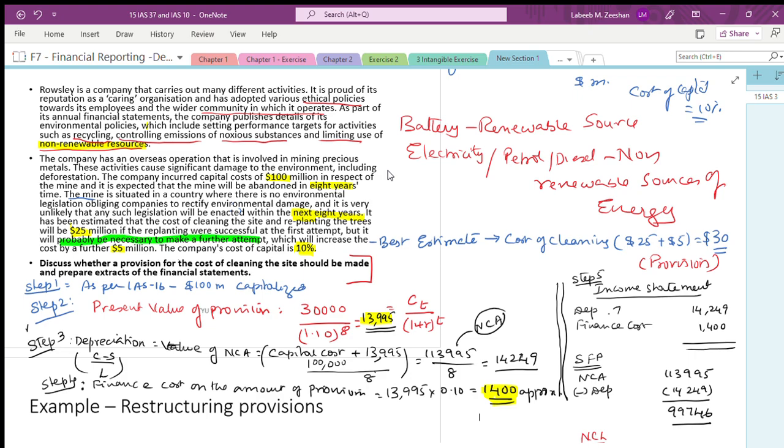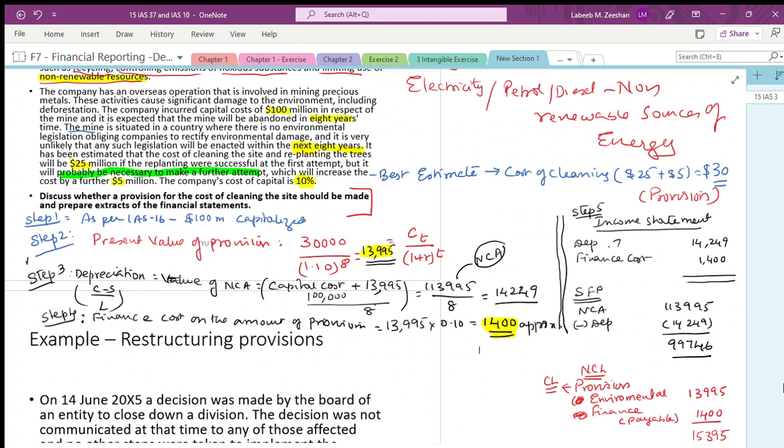See, any amount you are taking, they have not said that we are investing. If they have not said they are investing, it means there is some cost related to that. Nothing comes free of cost. On that amount of 13,995, we are calculating. We think that we are borrowing that money. Once we are borrowing that money, we have to pay 10% rate of interest. That is the reason we have to show the finance cost separately.